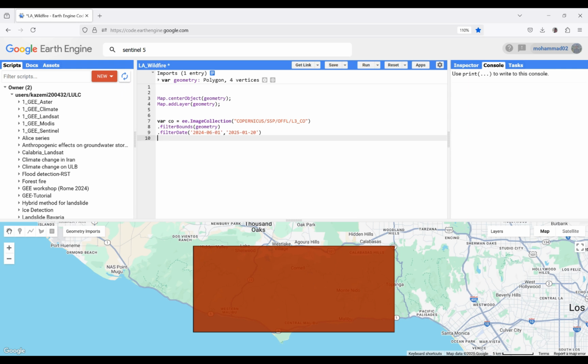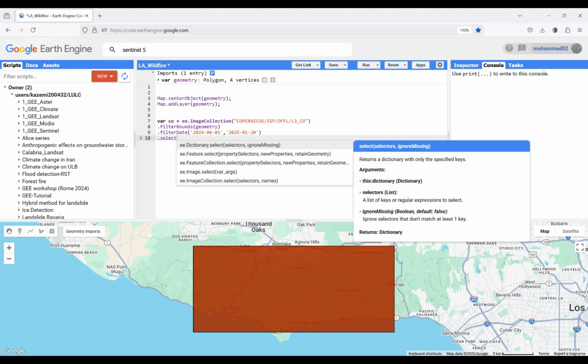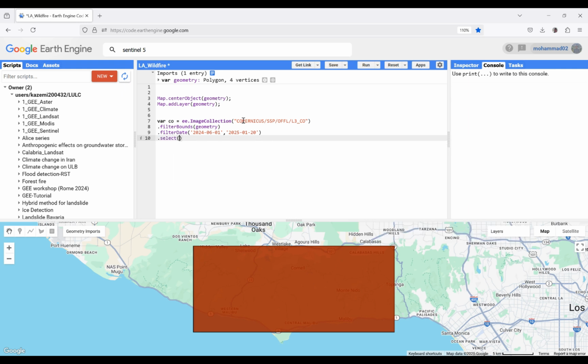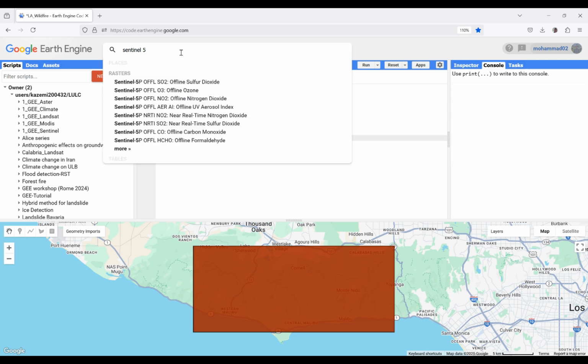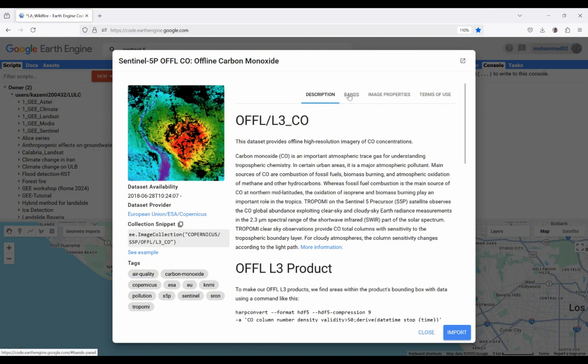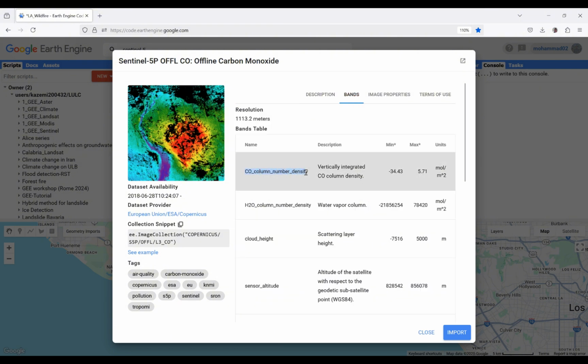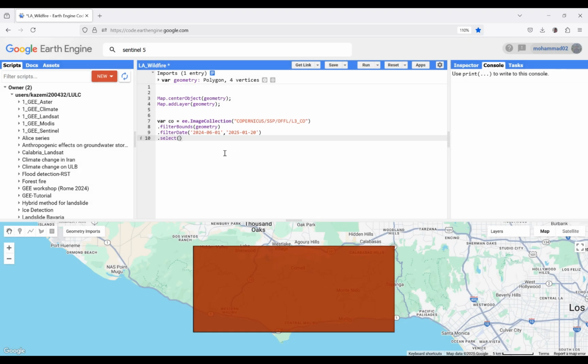And also, in the next step, I have to select one of the bands that I'm interested in. As I said before, this product includes different bands. Here I'm gonna monitor its density. Again, I have to copy and paste its band here. In the next step, I'm gonna monitor its variation from time start to time end for, let's say, more than